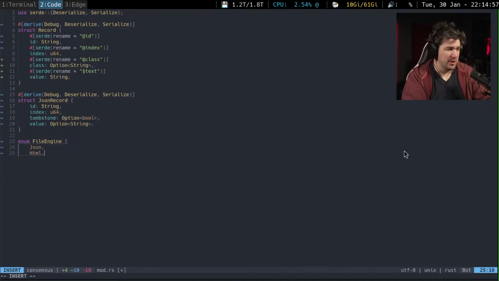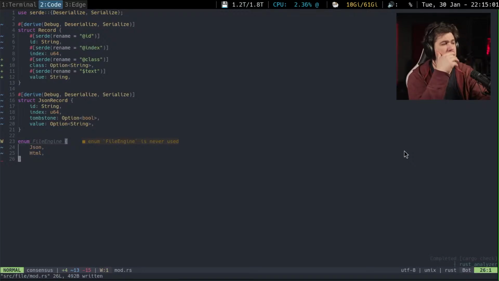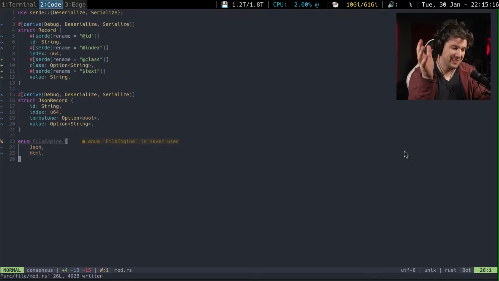We're using XML, but it's really HTML that we're writing. So basically, we need a way to start the server serving one way or another. We could have it try to detect the files and whatnot, but